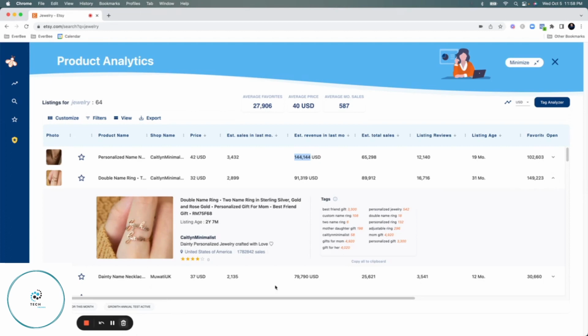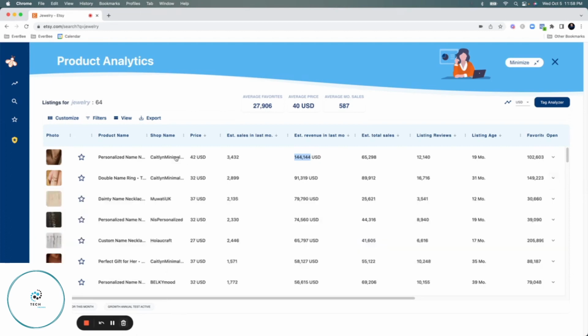What's another thing that I wanted to bring to your attention? If you're on this search page here, jewelry for example, these are all the first page of this search term, 64 listings. It's cool to see all the sales. That's great. Now, what if I wanted to see all the tags in one go, with one click, and